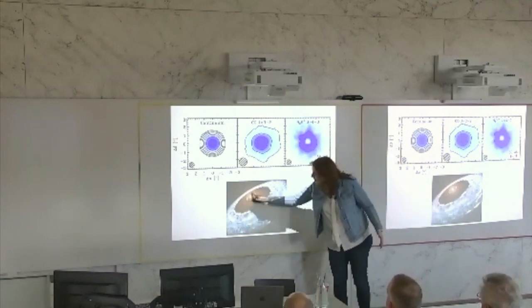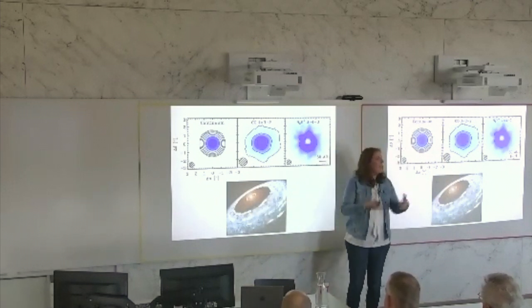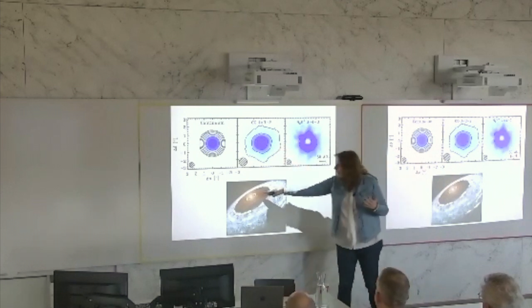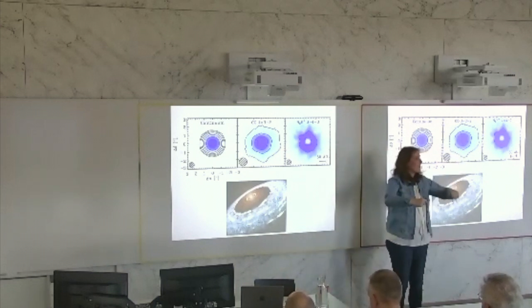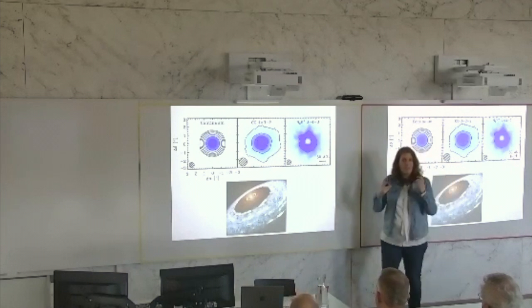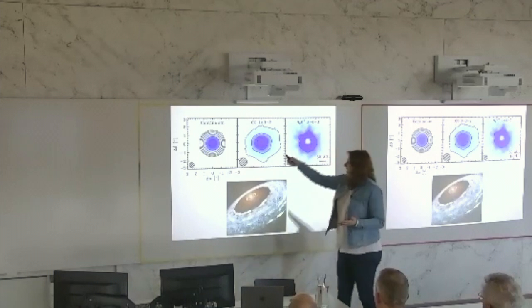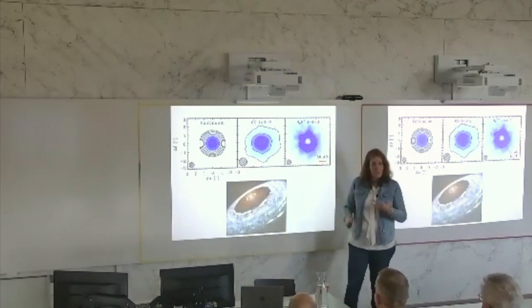So here's the inner part. This is where the temperatures are above 30 Kelvin. This is where the CO can survive. And then as soon as the temperature drops below 30 Kelvin, the CO will freeze out onto the dust grains. And then N2H+ is a molecule that doesn't get destroyed by CO anymore. But in a way, this gives us a direct indicator of where the temperature drop is, where this snow line